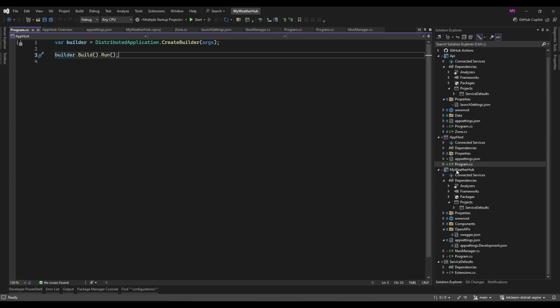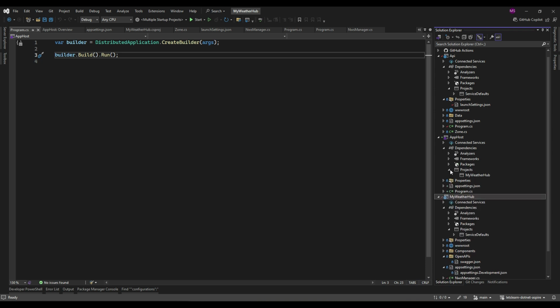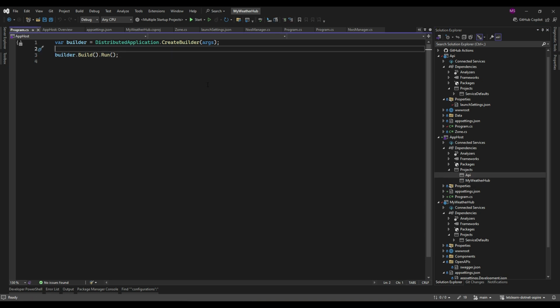Once again, I'll grab the Weather Hub project and drag it into app host, and you'll see it's going to add that project reference. I'll do the same thing with the API, drag and drop it on there. There are commands you can run at the command line that will do the same thing, but I'm in Visual Studio, so I'm going to do the drag and drop to make it a little bit easier to work with.